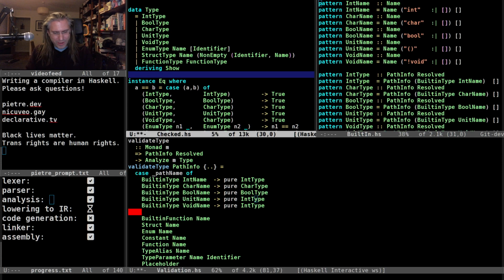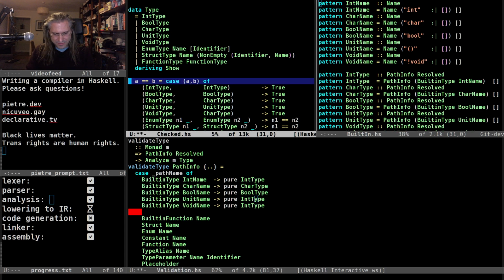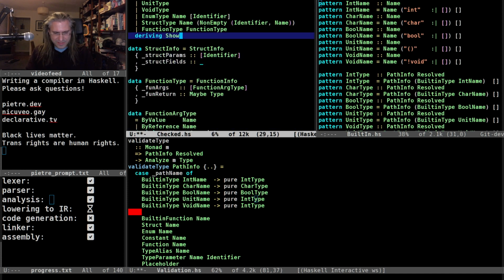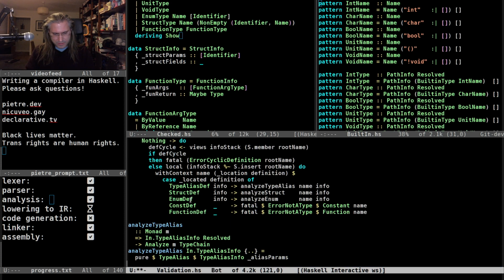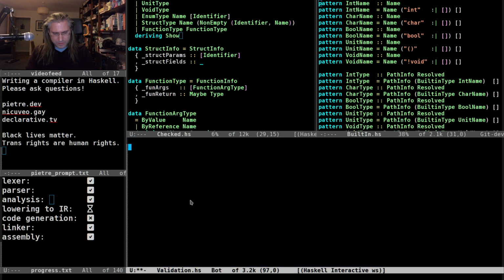And that's why I don't want to use EQ. Remove this immediately, because by definition, void type checks with everything. That's the whole point of void. So let's remove this and type matches, to reuse the function I had before with type